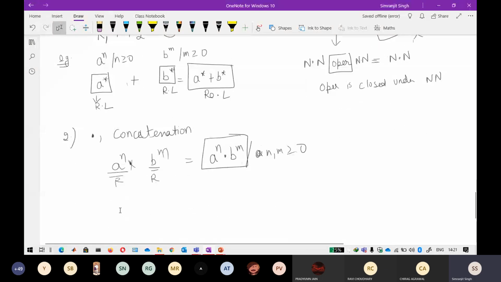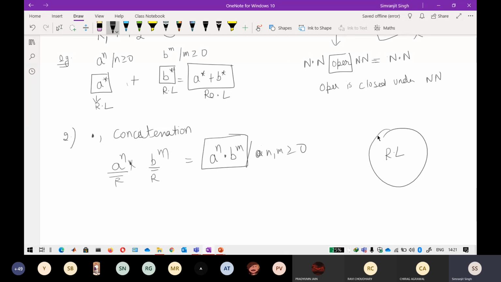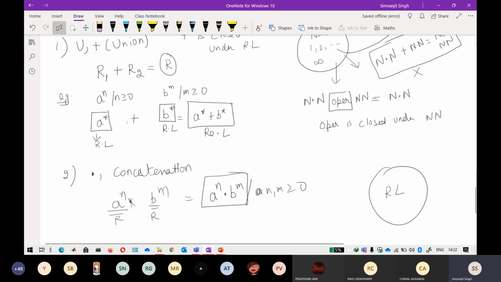Okay, so now I am giving you examples. Because the regular language set is a very big set, you do not have to check every single regular language, because it is already checked and proved that the concatenation property is closed under the regular set. So you do not have to specifically check for every language. That is why I will give you a table in the end that signifies the properties that have already been performed. If you will not be able to find any language, then by combining it, it will not be a regular language.